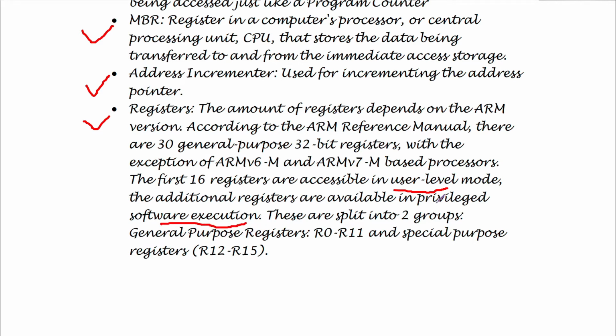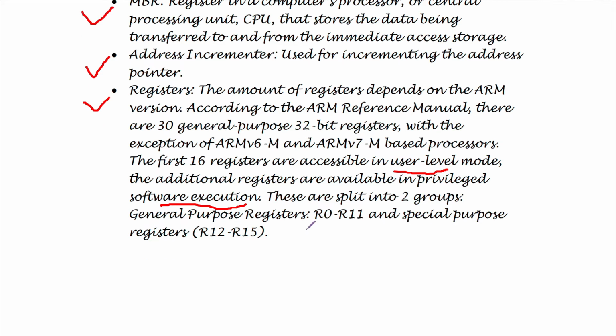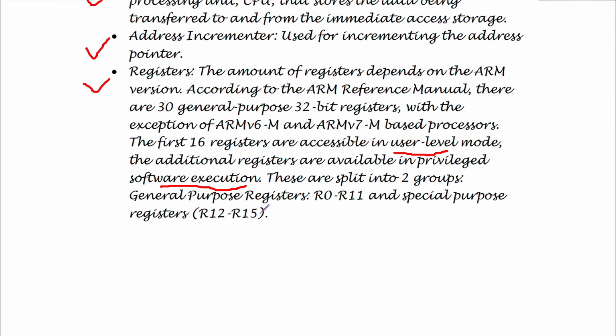So in user level mode, which is general programming, you can only access the first 16 registers, that is R0 to R15. So we will now talk only about user level mode and these first 16 registers. The first 16 registers are actually split into two groups, the GPRs, that is R0 to R11, and special purpose registers R12 to R15. Right? R12 to R15